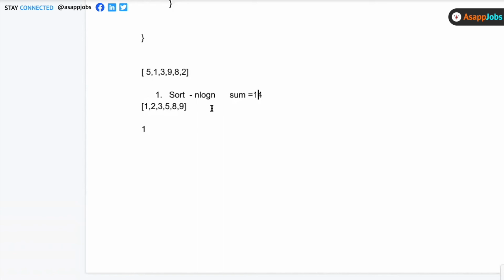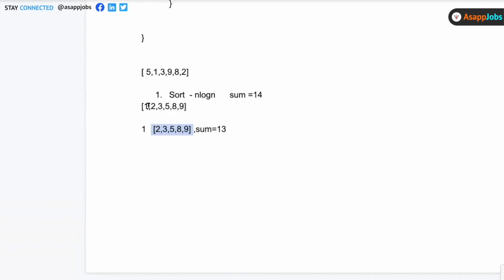So now I have fixed one position, that is 1, and I'm left with this smaller array. When I fixed 1, I'm left with this array 2, 3, 5, 8, 9. Now in this array I'm looking for a sum equal to how much? Sum equals to 13, right? Since I've already fixed 1, if I get sum 13 in this array, then I can figure out the total sum is 14. Do you guys agree? Is it clear?